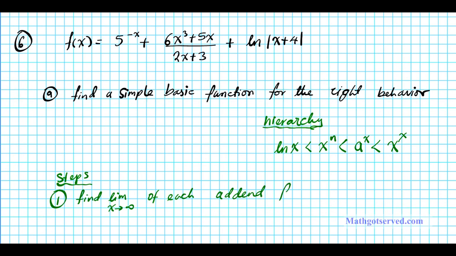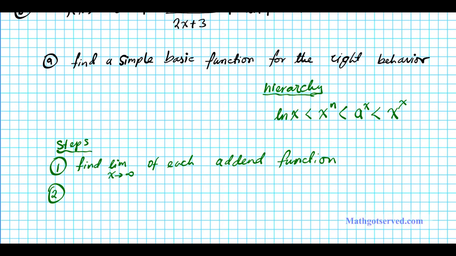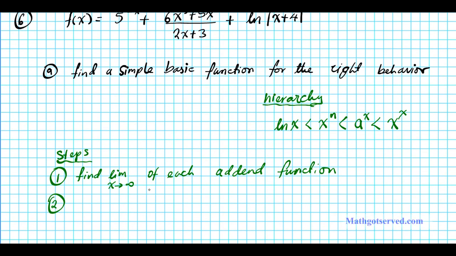So basically, all the functions that you're adding, you're just going to take the limit as x approaches infinity for each and every one of them. Okay, and then next, for the functions that approach infinity, you're going to compare their growth rates. Okay, so compare growth rates of functions